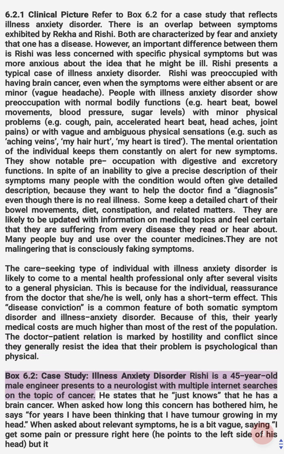Box 6.2. Case study. Illness anxiety disorder. Rishi is a 45-year-old male engineer who presents to a neurologist with multiple internet searches on the topic of cancer. He states that he just knows that he has a brain cancer. When asked how long this concern has bothered him, he says, "For years I have been thinking that I have a tumor growing in my head." When asked about relevant symptoms, he is a bit vague, saying, "I get some pain or pressure right here." He points to the left side of his head, but it